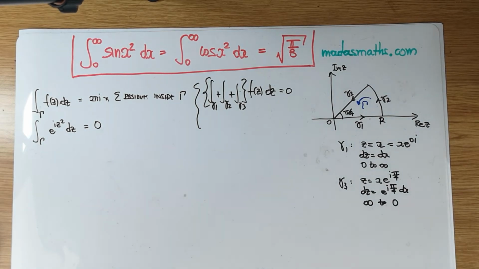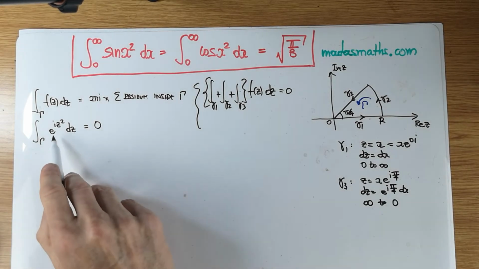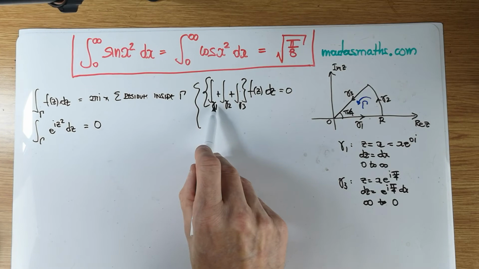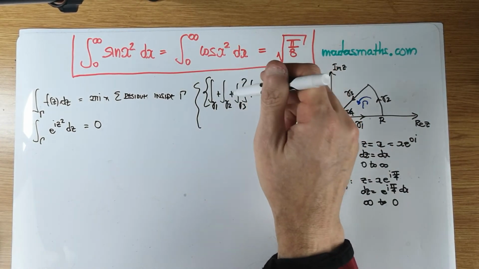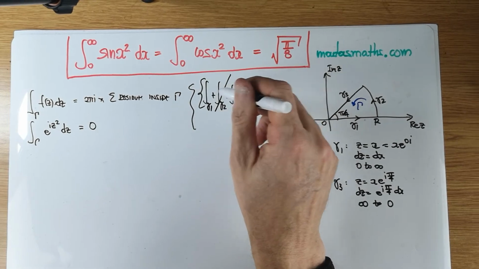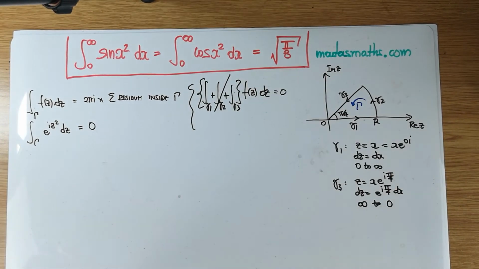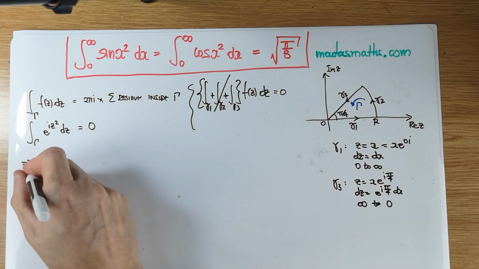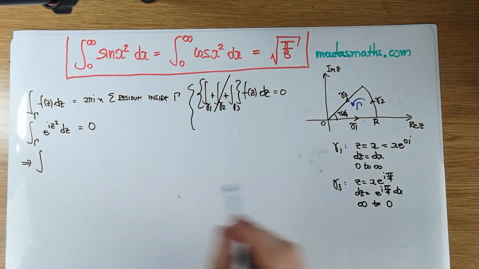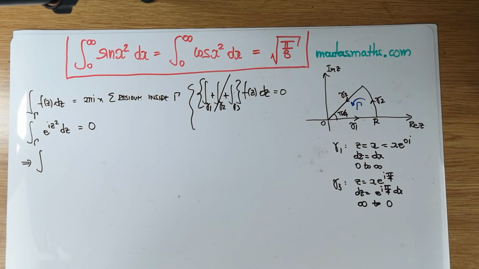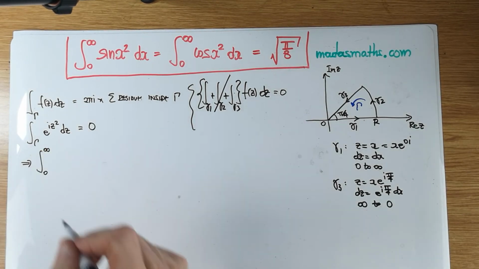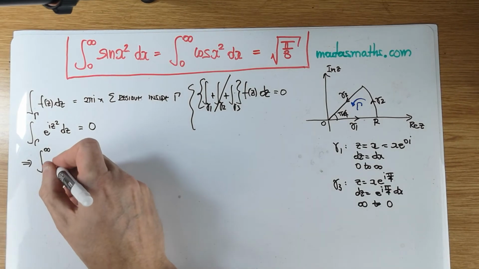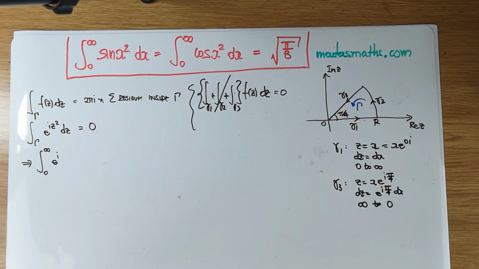So I have to be a little bit careful now. This is what we got so far. And of course, in the limiting case as r tends to infinity, that has gone. So that plus that is equal to 0. What do we have? We look at gamma 1 first of all. So we have 0 to infinity, e to the i z squared, so e to the i